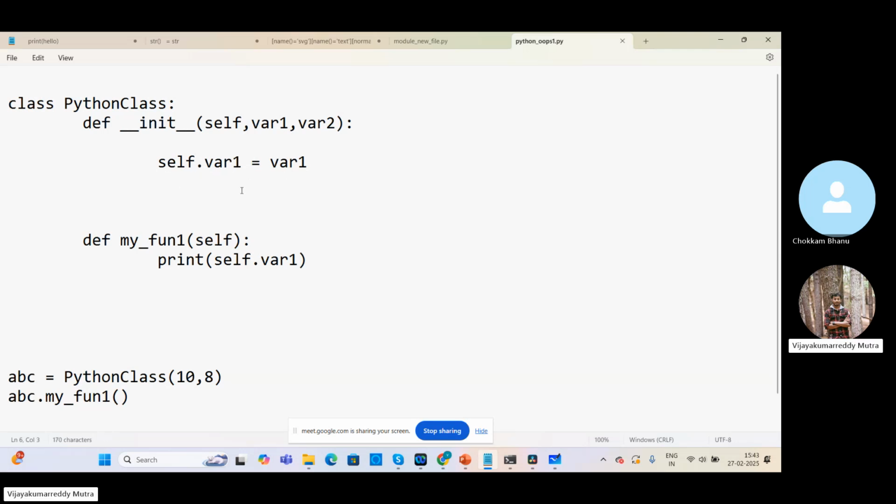So why am I not writing any logic here? Let's suppose self.var2 equal to var2. Suppose, just see, in this constructor I created two instance variables, right? So here in this instance method I need to return the value, the same way as in functions, right? The same one, self.var1 times, sorry, self.var2. This one. Now